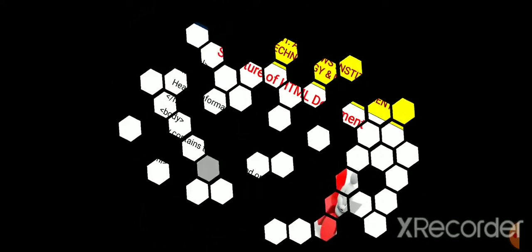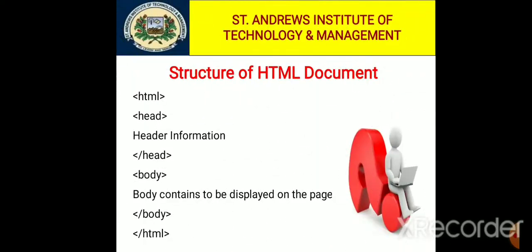Now we are discussing the structure of an HTML document. In the given slide I will provide you the basic structure of an HTML document. The first tag is html, then head, then put the header information, then close the head tag, then start the body tag, and the body contents to be displayed on the page, then close the body tag, and at last close the html tag.